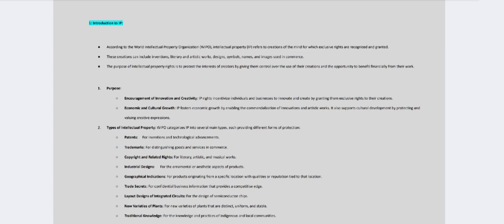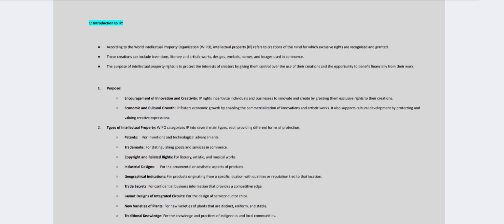Purpose: encouraging innovation and creativity, economic and cultural growth. Types of intellectual property: patent for invention, trademark for goods, copyright and related rights for literary and artistic work, design for the specific design of a product, geographical indications for products and their origin, and trade secret for confidential business information,